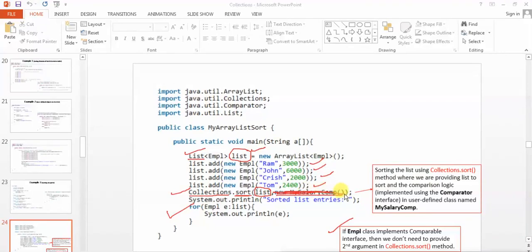The comparison logic is already there. Then you have to provide only Collections.sort(list), and that's it. Otherwise, if you are providing the comparison logic in some other class, then you have to write the second argument also. That's the meaning of these two points. That's all about the difference between the Comparator and Comparable interfaces.